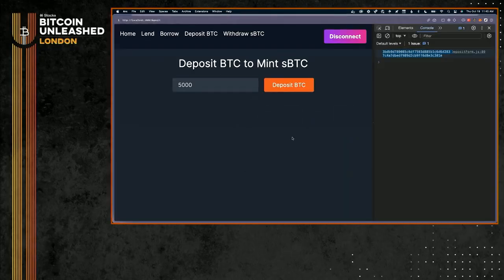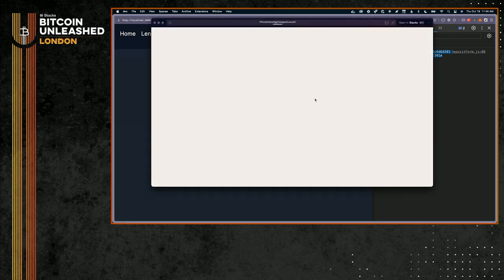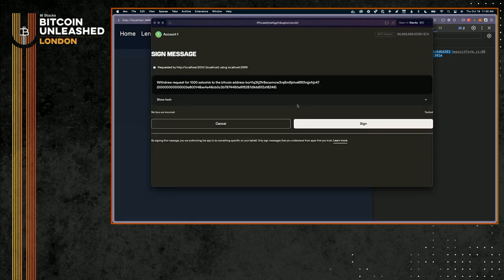So then I do what I'm going to do with my sBTC, and now I'm ready to bring it back into Bitcoin. What I'm going to do here is a withdrawal transaction, and this one actually happens in 2 steps. The first thing that I'm going to do is sign this withdrawal transaction, and I'm signing a message on the Stacks side right now with this same Leather wallet. So what I'm doing here is I'm passing in a message in a specific format that the sBTC protocol is expecting,